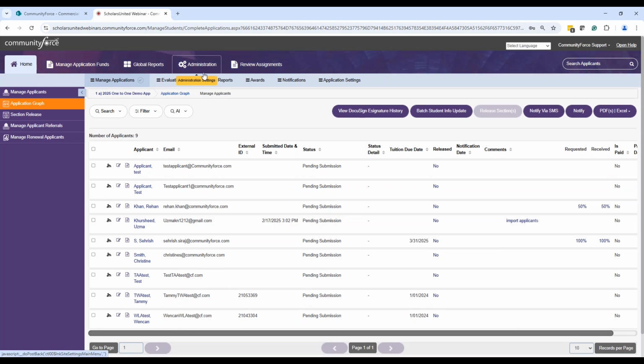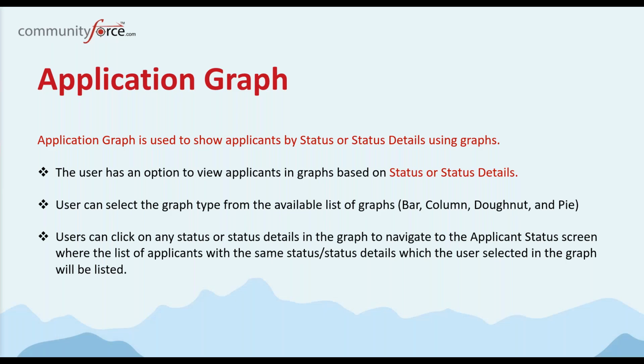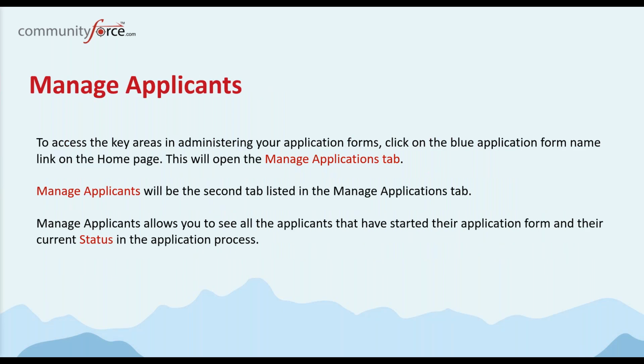So that's the application graph. That's just a nice overview of quick ways to see what's going on. You have this nice little graph here that you can view to have quick access to things. So now that we've talked about the graph, let's go into the Manage